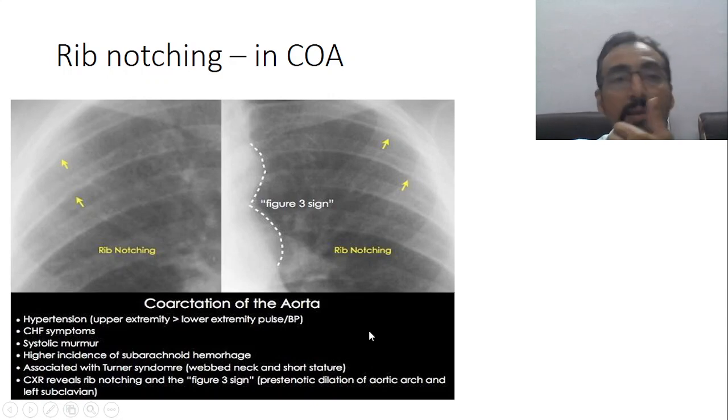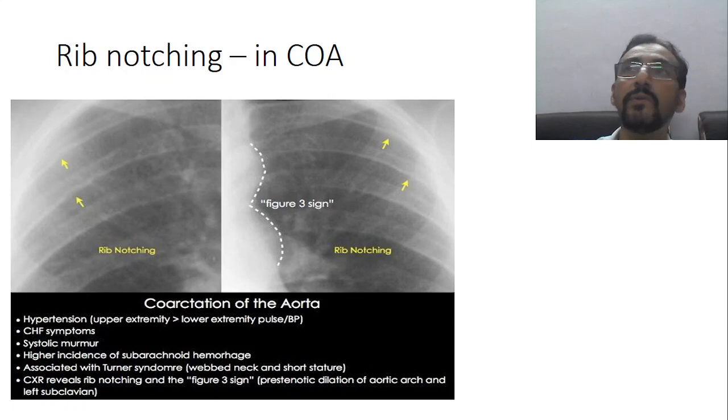Yes, another is rib notching in COA, that is coarctation of the aorta. Coarctation of the aorta is one of the problems. It is actually one of the problems related to congenital cardiac problems. Okay, so